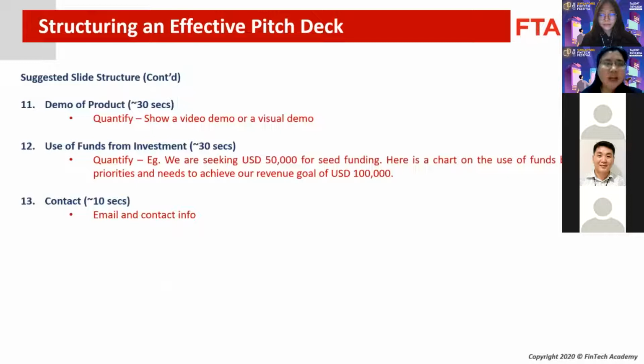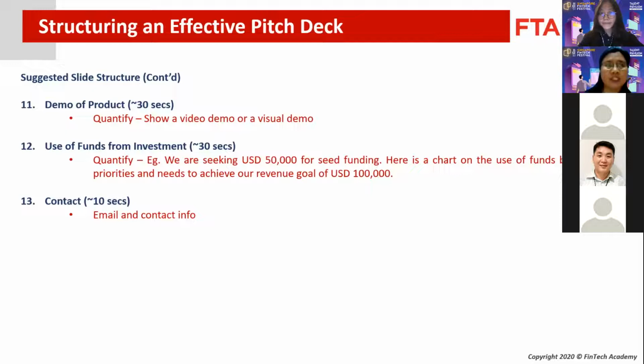Now, finally, if you want to show a demo of your product, you don't show it right at the beginning, which is what a lot of founders try to do. It actually works better if you show it towards the end, because that's where the investors understand the problem you're trying to solve, they understand the solutions you're trying to have, and then by looking at your product, they can actually connect the dots. So don't make the mistake of trying to show your product too early in the deck or too eagerly. Keep that as a carrot where they would actually stay on and view your entire deck.